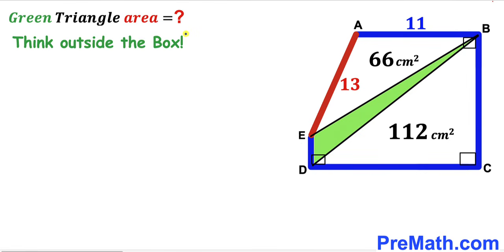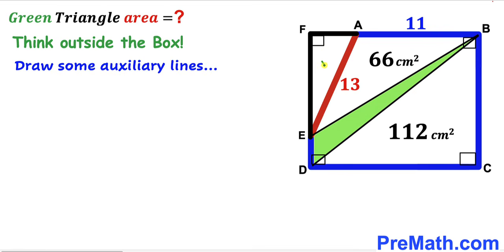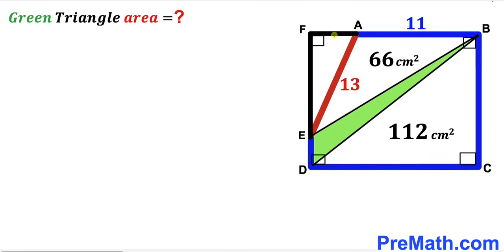And now we are going to think outside the box to make our job simple. So we are going to draw some auxiliary lines. As you can see in this next step, I have created this right triangle AEF by extending these sides AB and DE, and this is our 90 degree angle. As a result, we end up with this rectangle